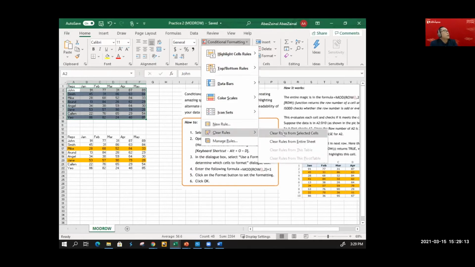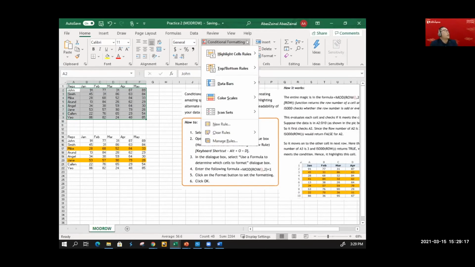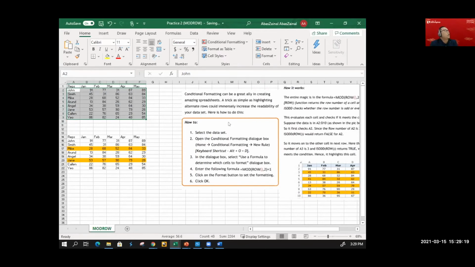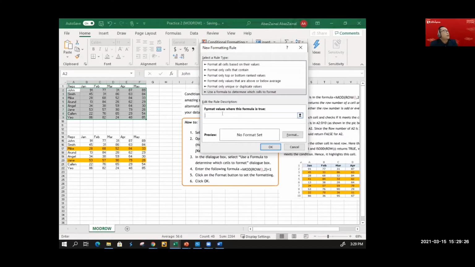Okay. So right now, mine has no color. So I click Conditional Formatting, New Rule, Use a formula to determine which cells to format. And thereafter here, I type in equal MOD, open bracket, ROW, open bracket, close bracket, and then comma 2, close bracket, equal to 1.